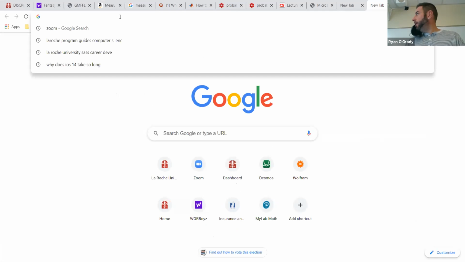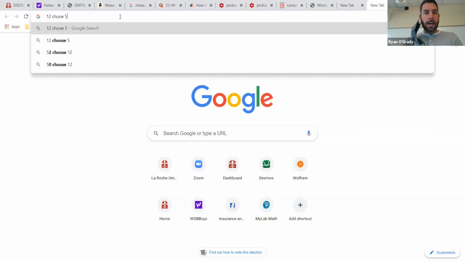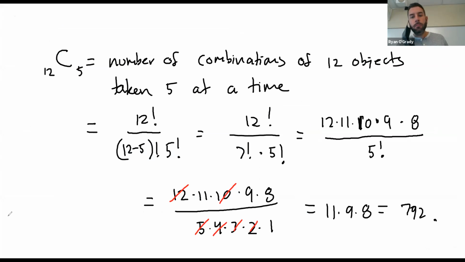The computer, and well, you don't see it, but the one I see in front of me, I typed this, 12 choose 5. I didn't even spell choose correctly, and it says 792. So the answer is 792, whether we do it the long way using our own arithmetic or if we use a calculator. I would encourage that you know how to do it both ways,